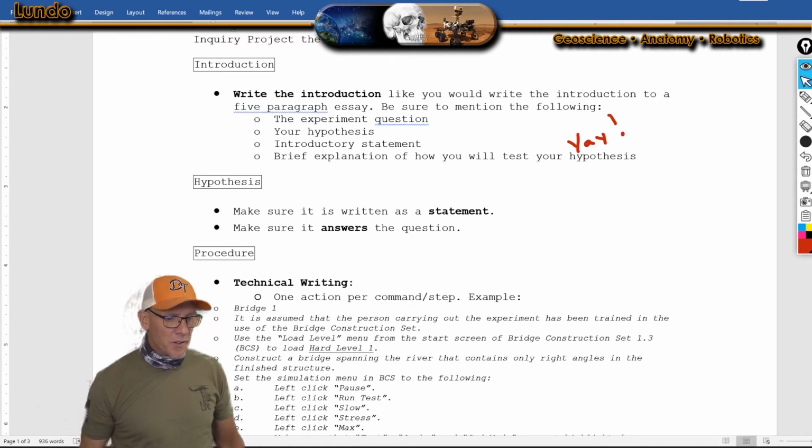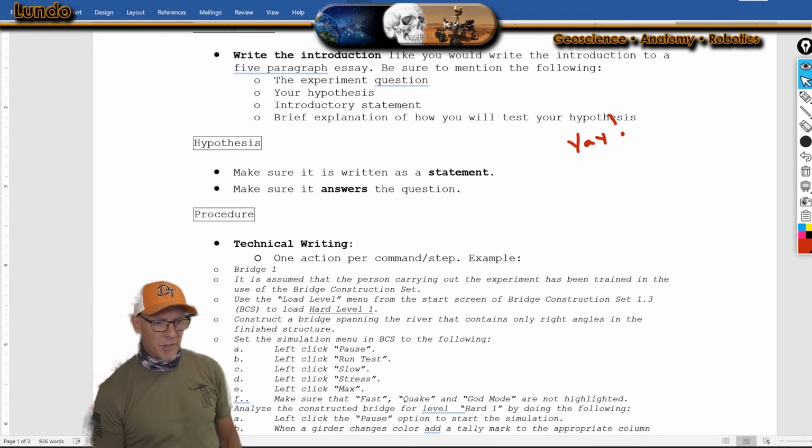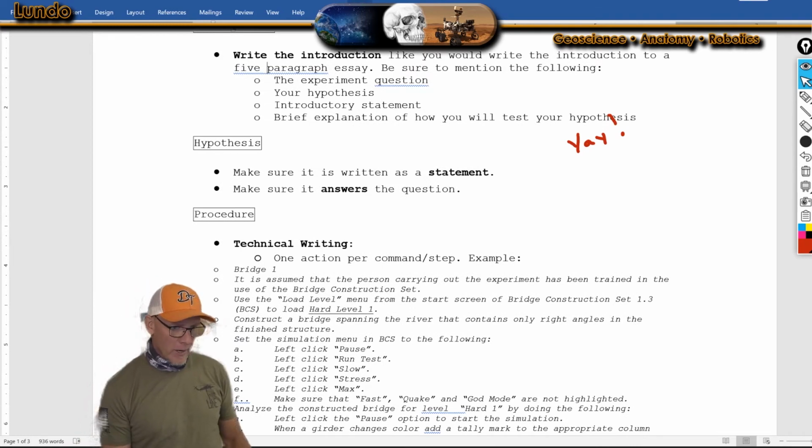Okay, so it's a bunch of information. Down here on this one, for this procedure for technical writing,